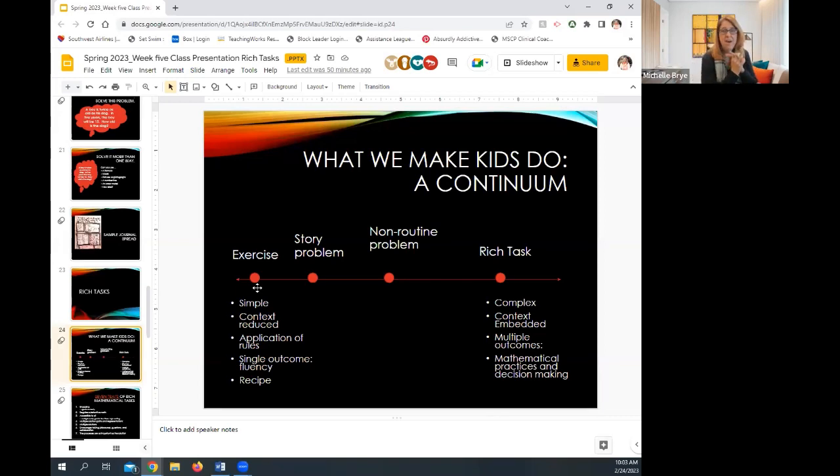We just show them how to do a procedure, or, well, you just do this to get to the right answer. So do that on the rest of this page too, and take it home for homework and come back and we'll take a look at that. So it's a recipe. It's an algorithm for how you solve it. So that's what we see many times happening in classes. And then sometimes we move into story problems. So that's the word problem that's on the bottom of those worksheets. So they kind of dress up an exercise and make it a story problem. And then we move into